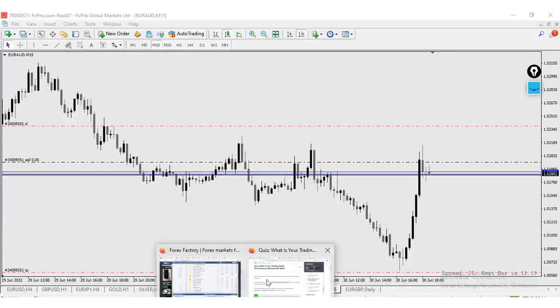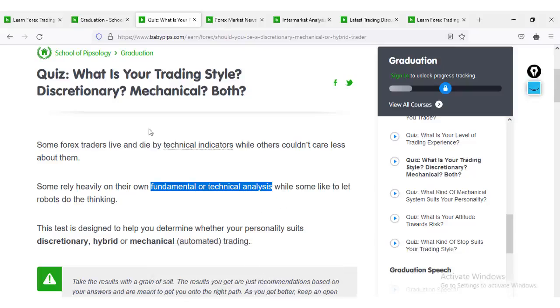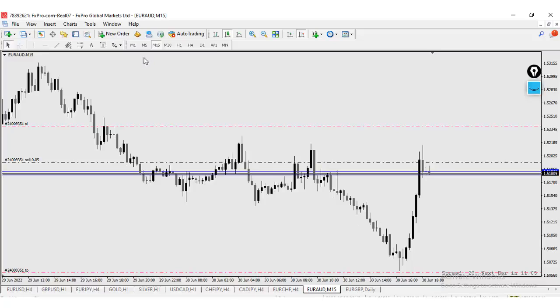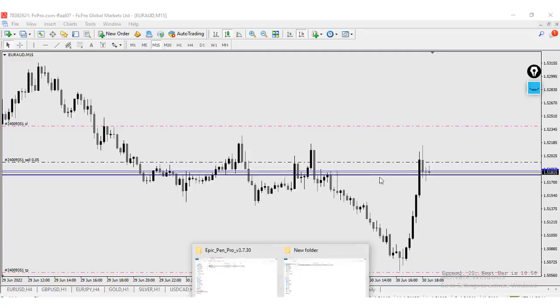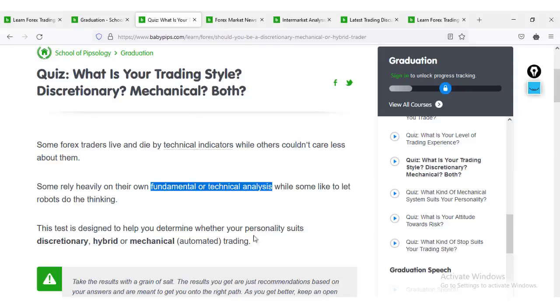Okay, so let's go back to our quiz. And when you say technical indicators, that's what I do. I usually don't use the ATR, the Bollinger Bands and all that. I don't. But right now, since I've been told I'm a mechanical trader, kind of person I am, I'm going to fathom some of those indicators I was suggested to use into my trade, and that will help me eliminate the little doubt I am having and build more faith.